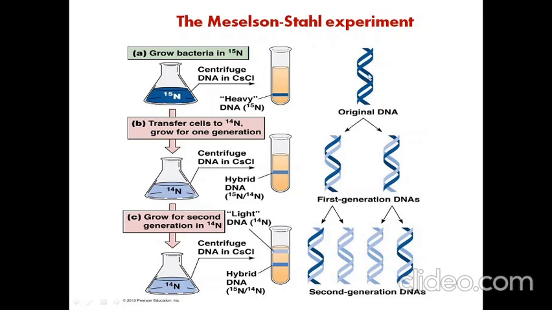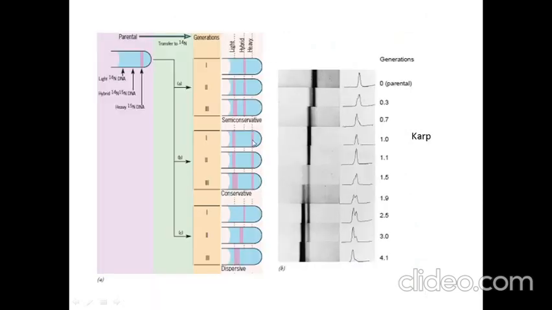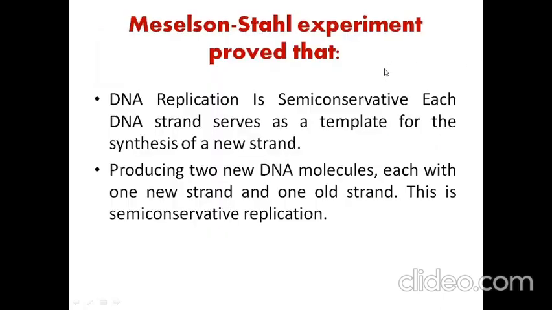So it is the original. The results of the experiment proved that these different banding patterns can only be found when the original DNA is separated, and one strand is newly synthesized and one is parental DNA, and in the second round of replication, one strand is hybrid and one strand is completely newly synthesized DNA. So these are all the experimental results proved by the Meselson and Stahl experiment.